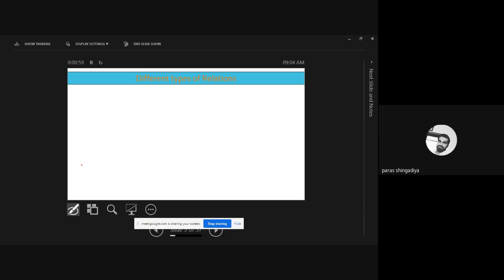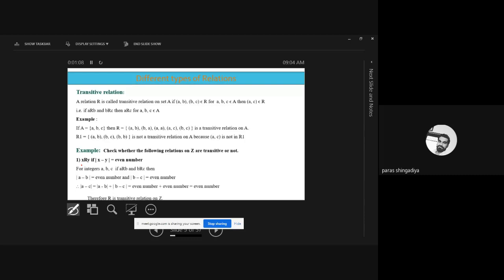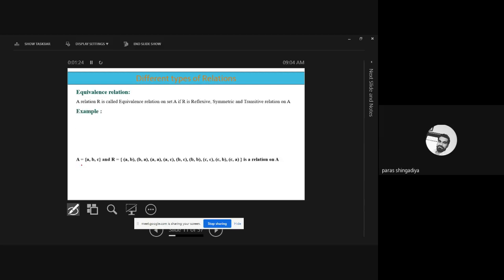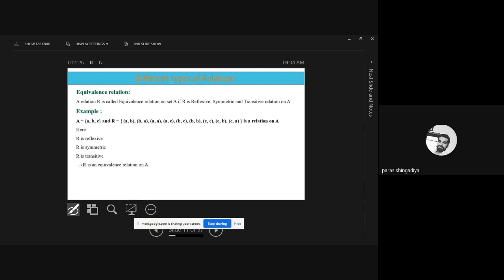Now use these types of relation to define some well-known relations. So the first relation is the equivalence relation. What is the meaning of equivalence relation? We use all these types of relation to define this equivalence relation. And after that we'll also define the partially ordered set, based on this relation only. We just check the properties of the relation. If they are satisfied, then we can say it is an equivalence relation.